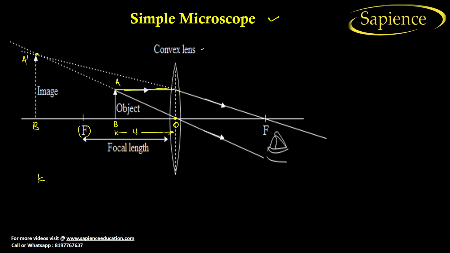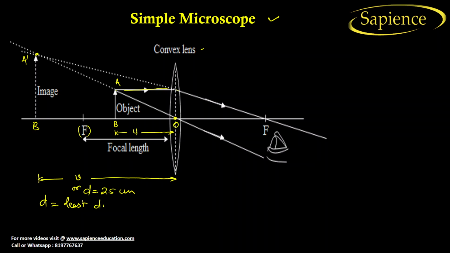So let us consider this is your image distance, that is v, and this v can also be considered as d only. Why d? Because d is equal to 25 centimeter,